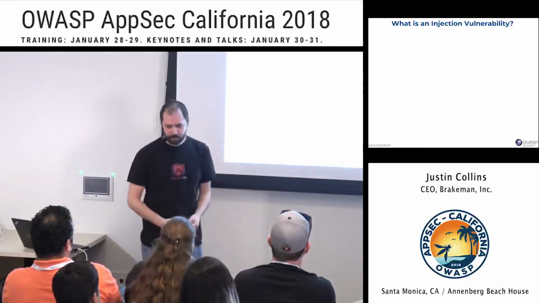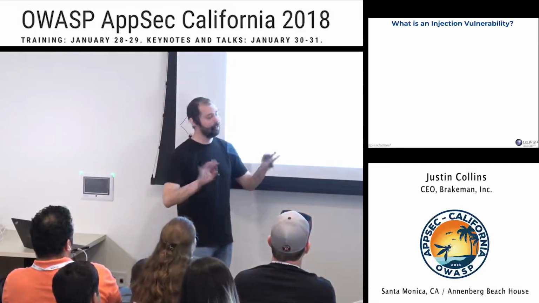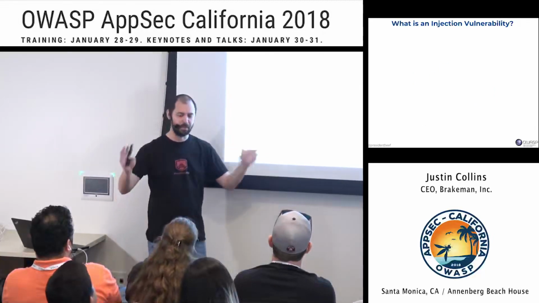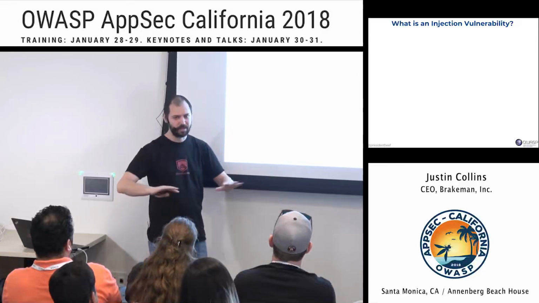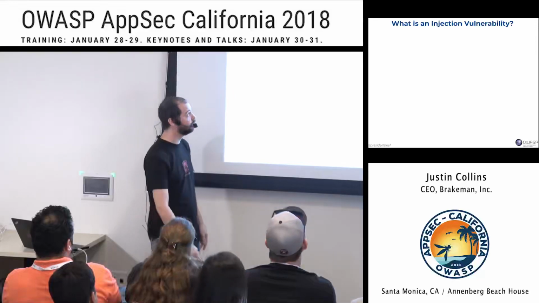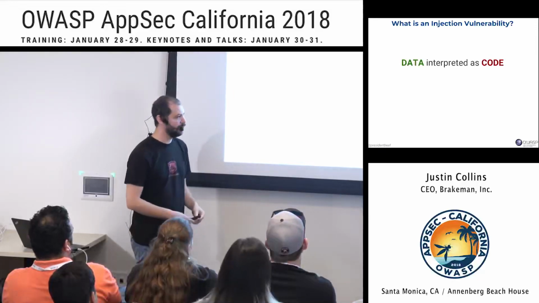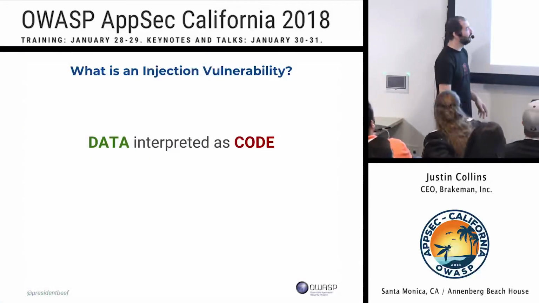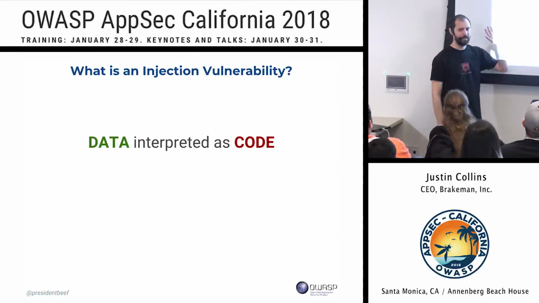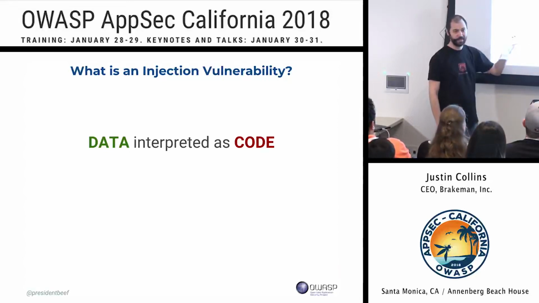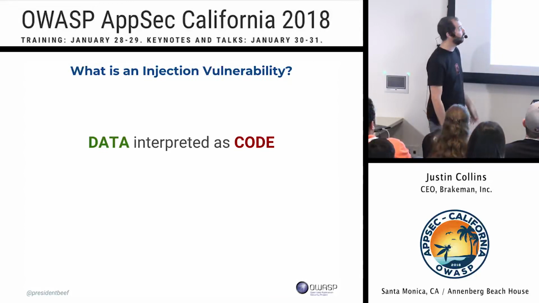Okay, now let's talk about what an injection vulnerability is. And maybe for some of you, you're like, I know what an injection vulnerability is. This is so we're all on the same page. So this is, I think, my succinct definition. Maybe someone else has said this, but it's when we have data that gets interpreted as code. We have values that should be data, and you should not be executing data, but instead it happens, and then we have an injection vulnerability.